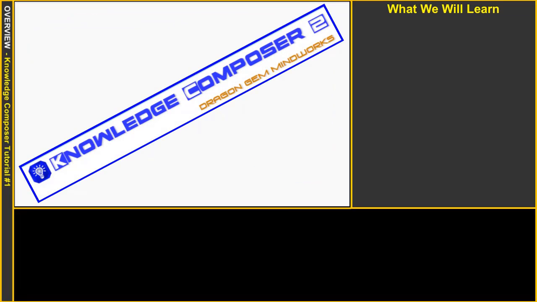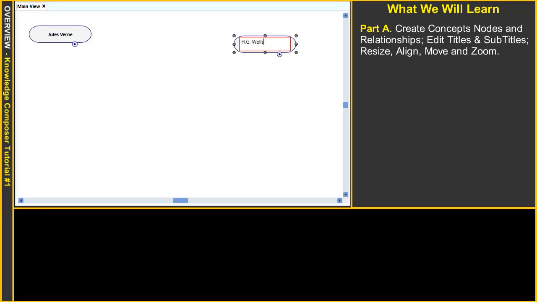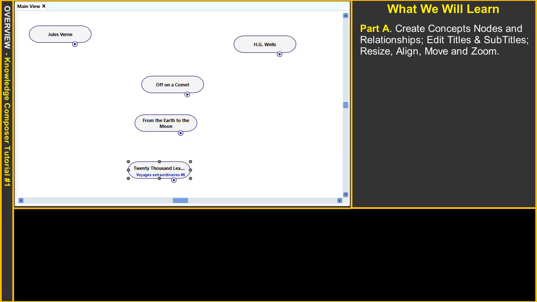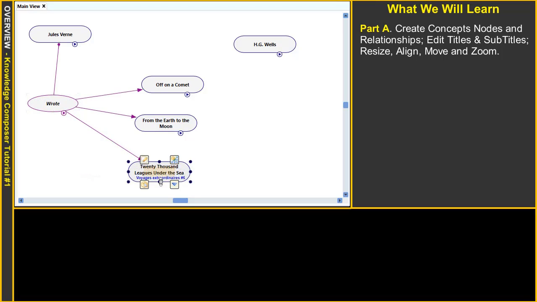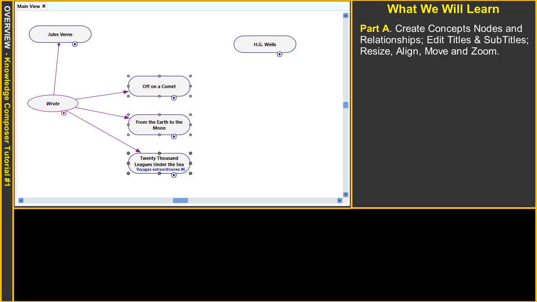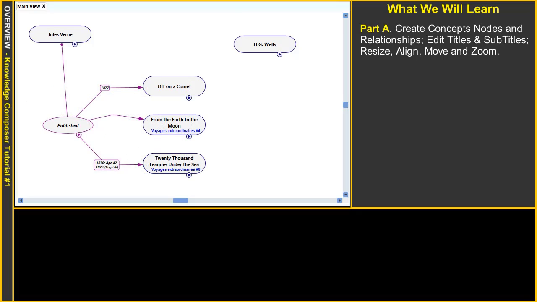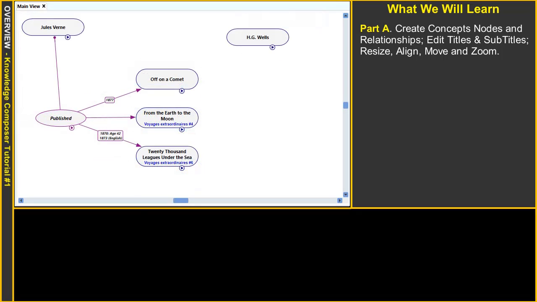Welcome to this introductory tutorial on how to use the Knowledge Composer. This tutorial is broken into 4 parts. In Part A, we will discover how to create nodes to represent concepts and ideas, and diagram the relationships between them. We will learn how to manipulate these nodes and connectors, and see how to interact with the drawing canvas